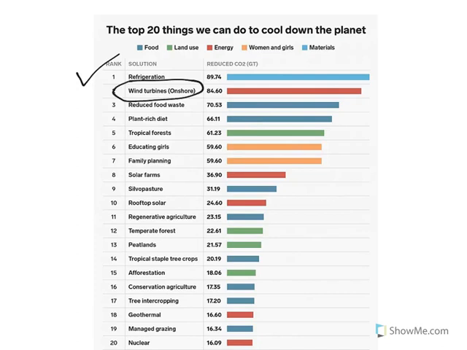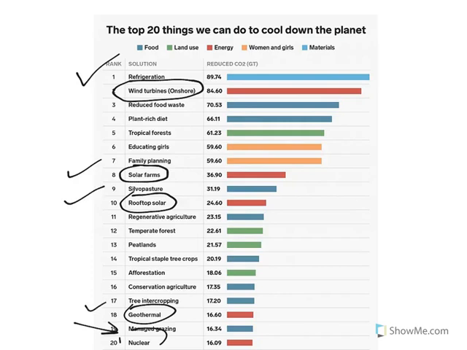So let's think about the positive. Why would we want to move towards a world of wind turbines? And as a matter of fact, if you look down this list, you can see other energy solutions being proposed all the way down this list. And I'll come to nuclear later on, because that's probably a separate one. But solar farms, rooftop solar and geothermal, these are all